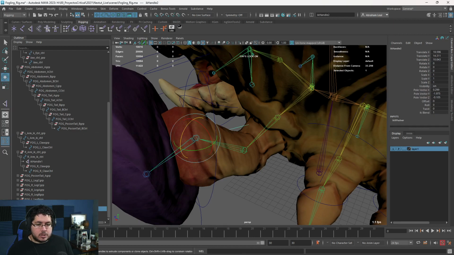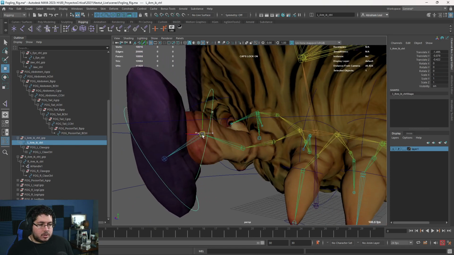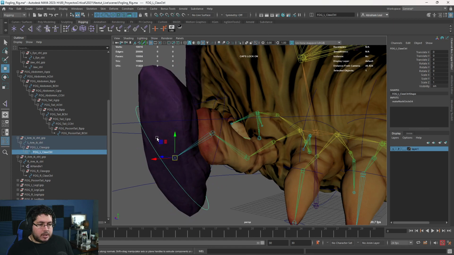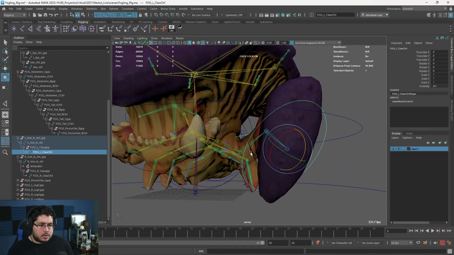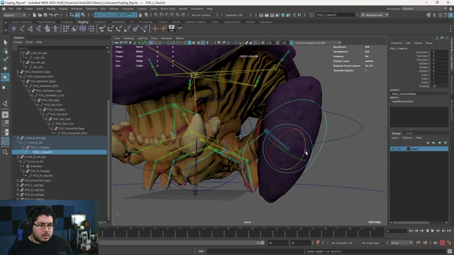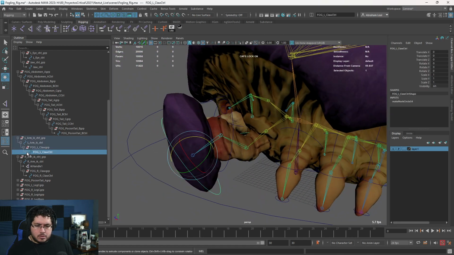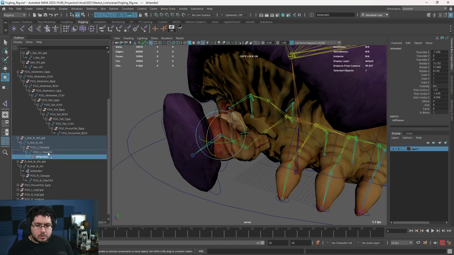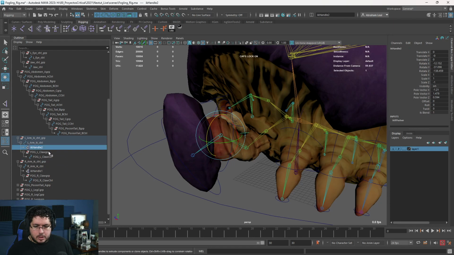And that new IK handle, which is called IK handle 2, is parented to the claw control. So if we select this guy again, we're going to move the whole thing. And then we're going to have access to the movement over here as well. Wait. This is not... Something broke here. What broke here? Oh yeah, the IK control is here. There we go. It's IK curve, IK handle and group. There we go.